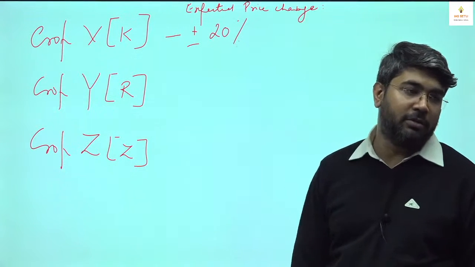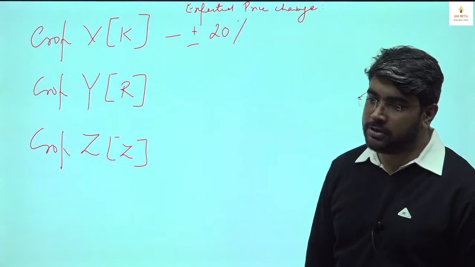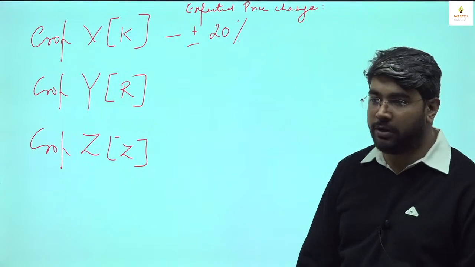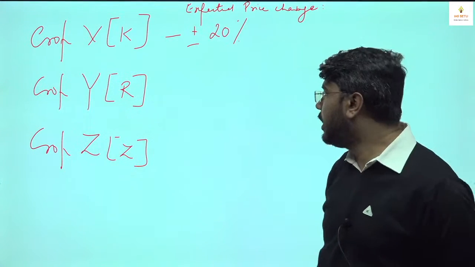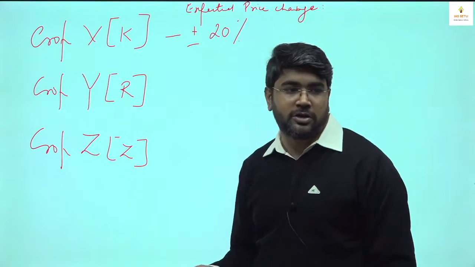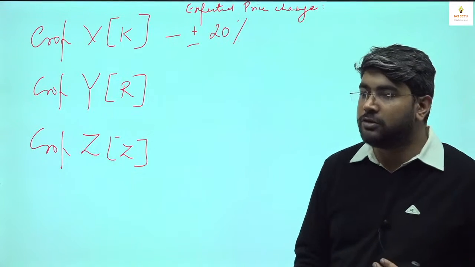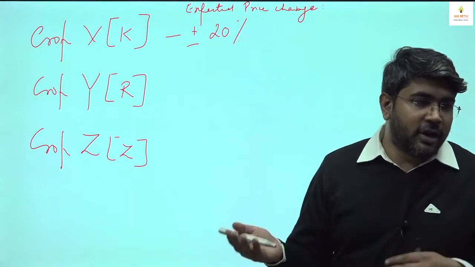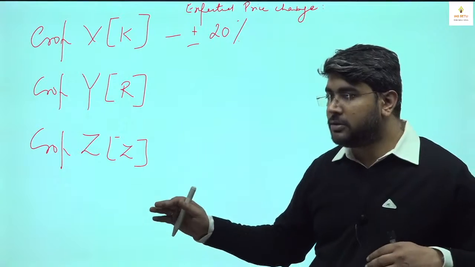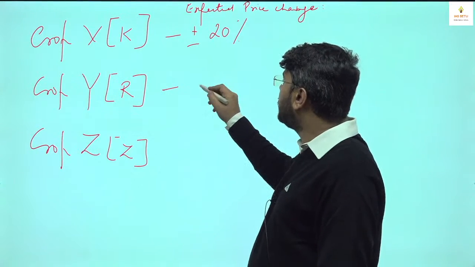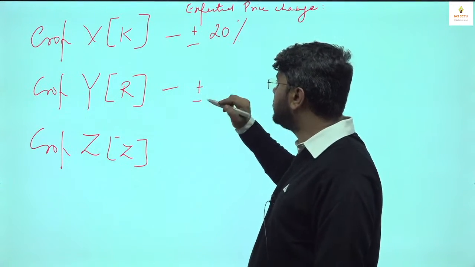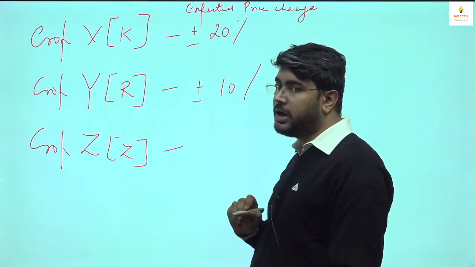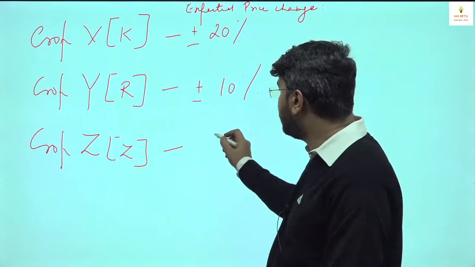It can go up or it may come down, right? It is entirely based on the seasonal factors. If there is overproduction, the prices may come down. If there is underproduction, the prices may shoot up, right? Obviously, seasonal variation will be in one. It will not happen for both the seasons, right? In fact, if there is too much variation in one season, in winters there would be a normal crop, right? So because of seasonal variation, the expected price change is going to be lesser in Rabi. Let's say 10%. And the third, Zaid, is moderate, plus minus